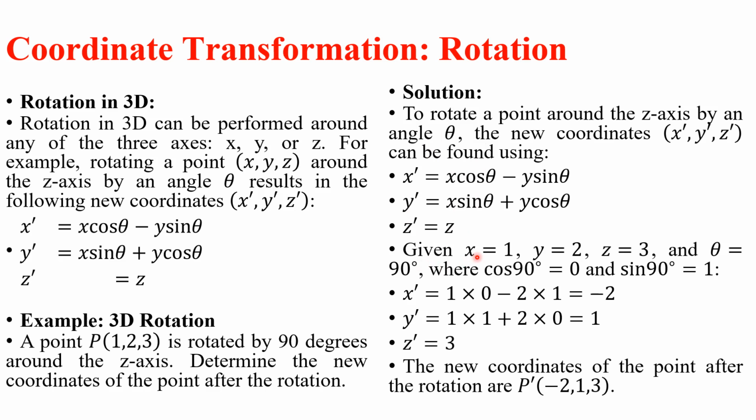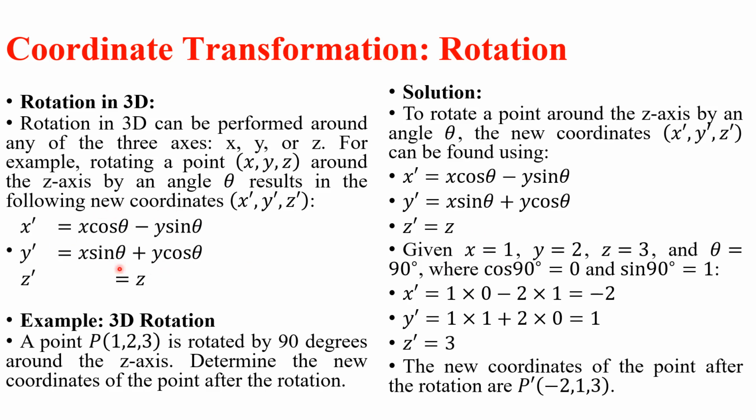Now, given of course x, y, z to be 1, 2, 3 as we've got here for point P, and the angle of rotation 90 degrees. So now plugging that into this general equation